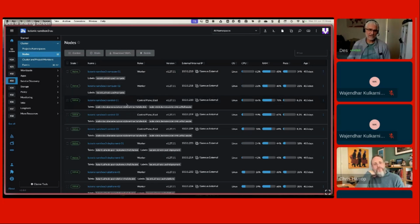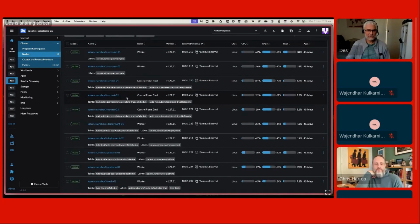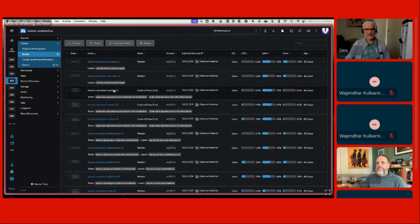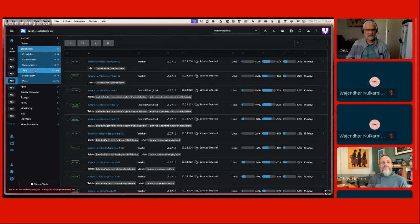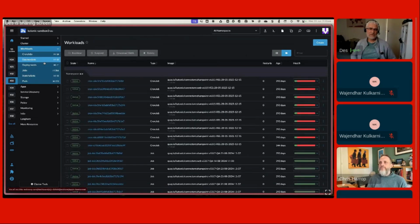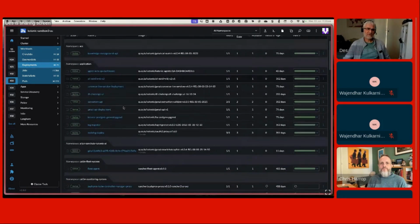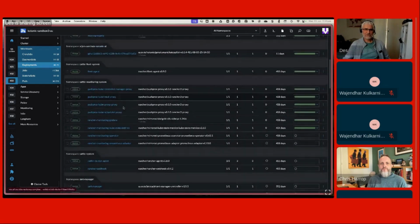And so the nodes are carved up into individual node groups, as I discussed earlier. So we have deployment nodes and platform nodes, tools nodes, compute and control. And then if we have a look at the workloads, so if you're familiar with Kubernetes, you'll know that they have a number of primitives that allow Kubernetes to describe an application. Deployment is generally the most used primitive,